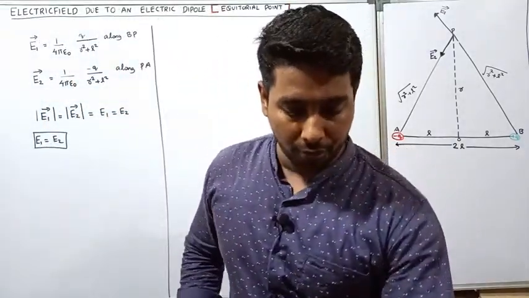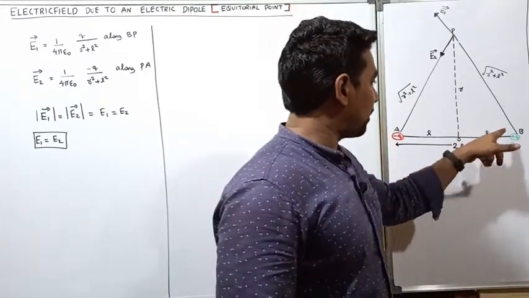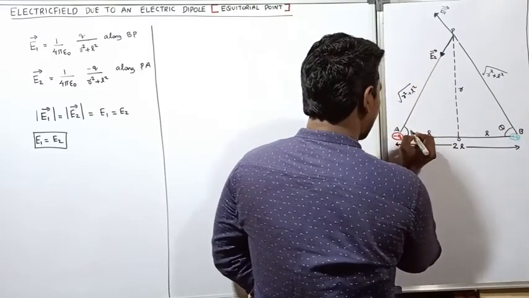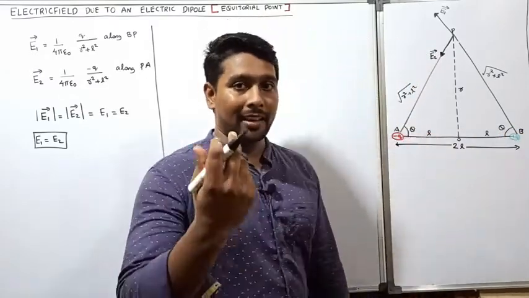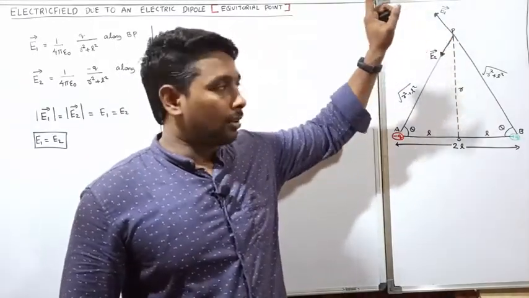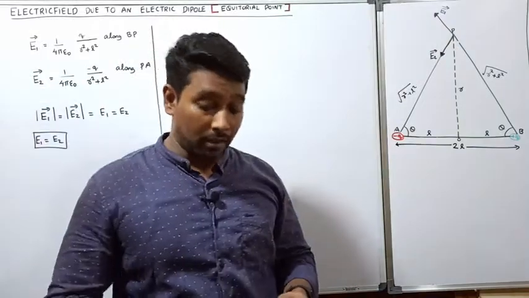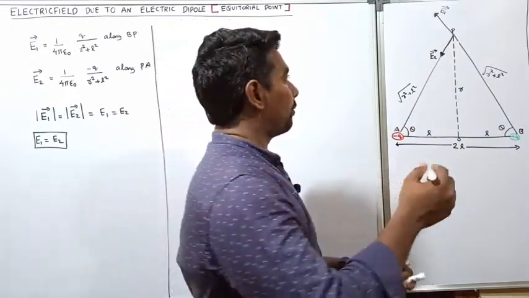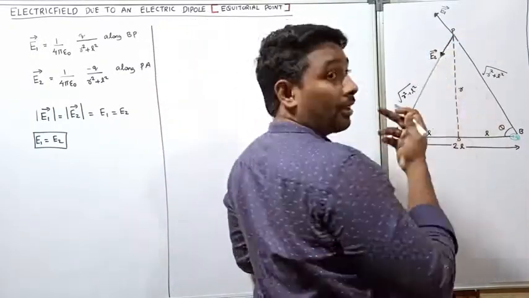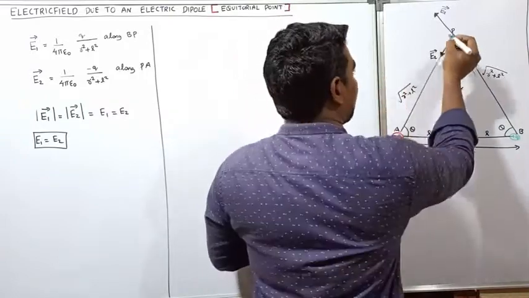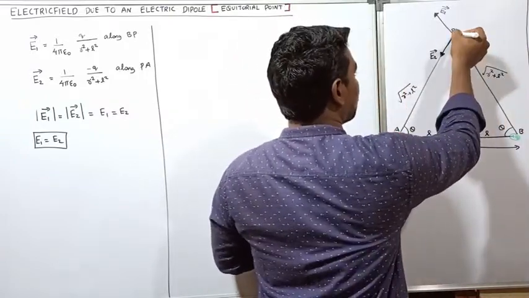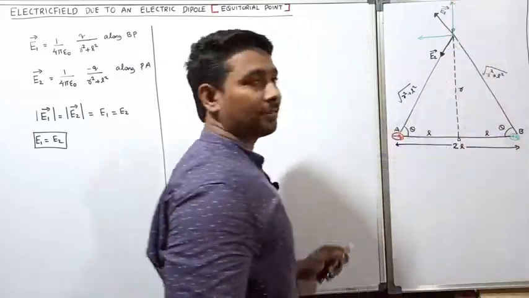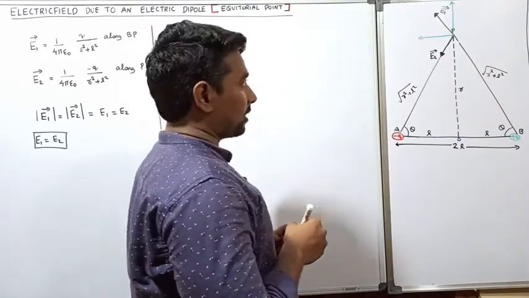Now we are going to find the resultant of these two vectors. Since we have an angle, here we consider an angle theta. Here also we can consider an angle theta. By considering the angle theta, we can find the resultant of these two vectors. What will be the resultant? Let's consider first plus q. You can find the resultant vector using the rectangular components, right? For plus q, the resultant vectors will be this one and this one.